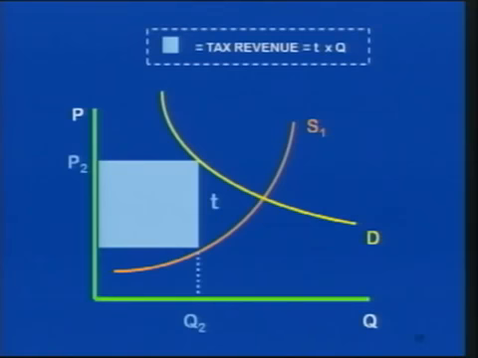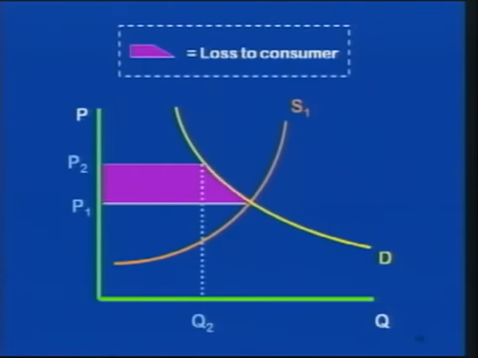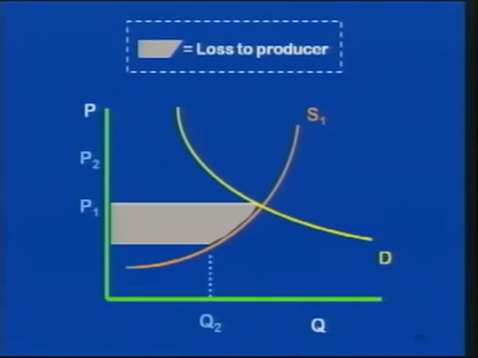Now, the parties that lose from this are the consumers and the producers. How much do the consumers lose? The consumers lose the area to the left of the demand curve between the two prices, the original price and the new price. It's that purple area, as I've shown. And producers lose the area to the left of the supply curve between the original price, P1,